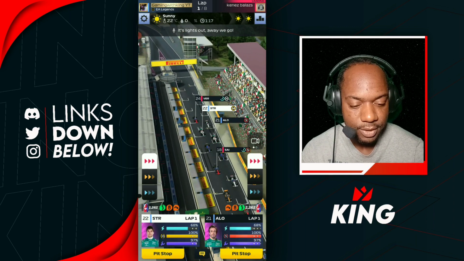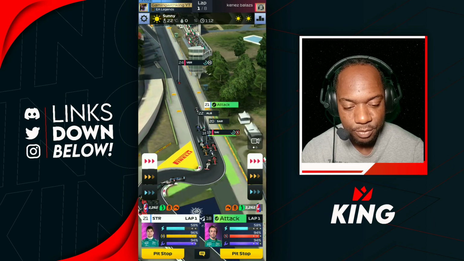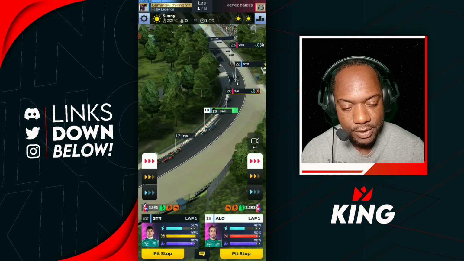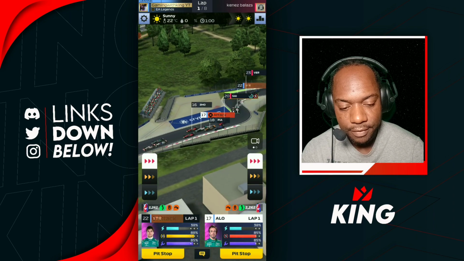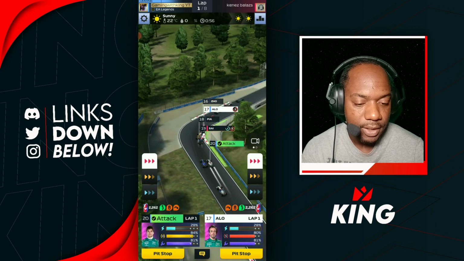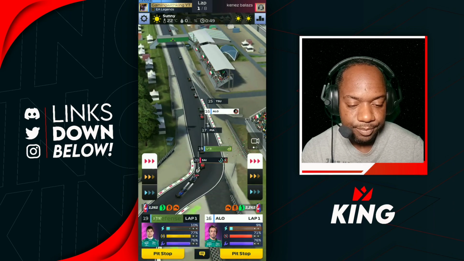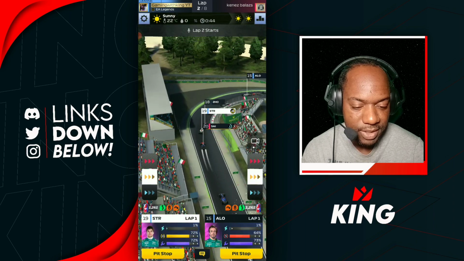Perfect start for Alonso on his softs, but he's kind of slow off the start. Now he's moving up. So now you see a difference when your drivers are using the race start boost. As you can see, you get a nice little launch at the start of the race, and your drivers are able to make up a few positions early on, and then you can just maintain those positions and pick up a few more going forward throughout the race. As you can see, Alonso is now up to P15. Lance Stroll is trying his best. He's up to